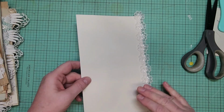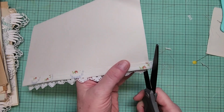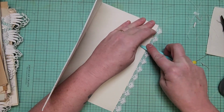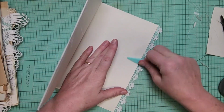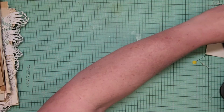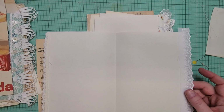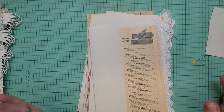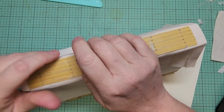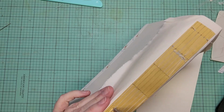This has a little flippy outie. Okay, now I have a bunch of papers pulled together. So I'm going to stitch this one and start assembling signatures, and I'll be back. All right, this one is sewn, and so I'm going to do the same step of gluing paper on. And then